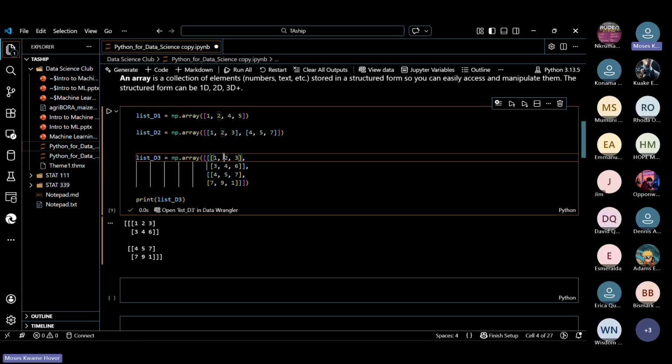Still on regression, as you know, regression has to do with solely quantitative data, that's numerals. I'm talking about linear regression, not logistic regression. We can input the values in these arrays, and then we can do some manipulations on them. But the actual work will be done in the subsequent weeks.